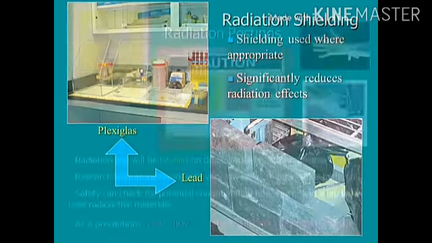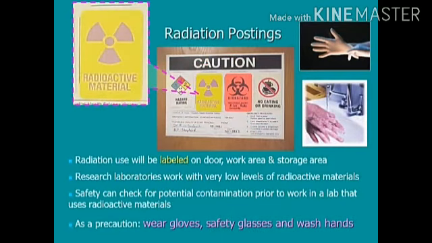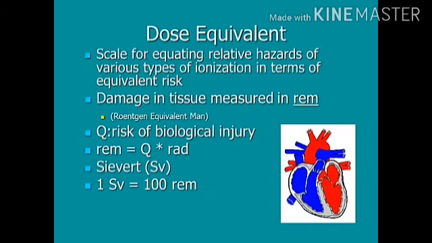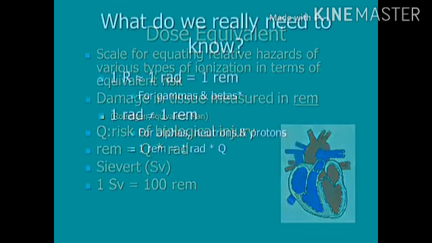A dosimeter should be worn by the users to check the level of radiation exposure. A dosimeter is a device used to detect the level of exposure to ionizing radiation. A pocket dosimeter is used to provide the wearer with an immediate reading of exposure to X-rays and gamma rays.